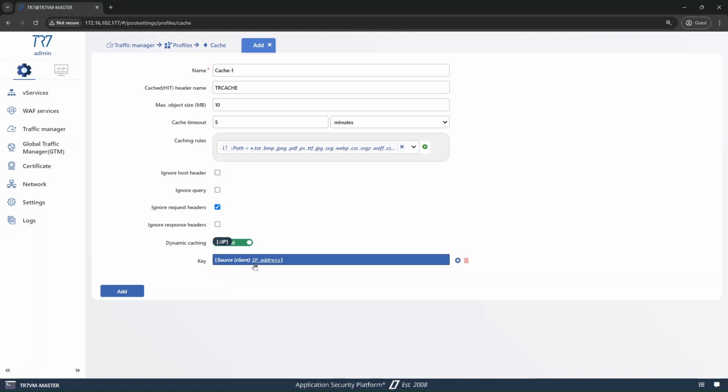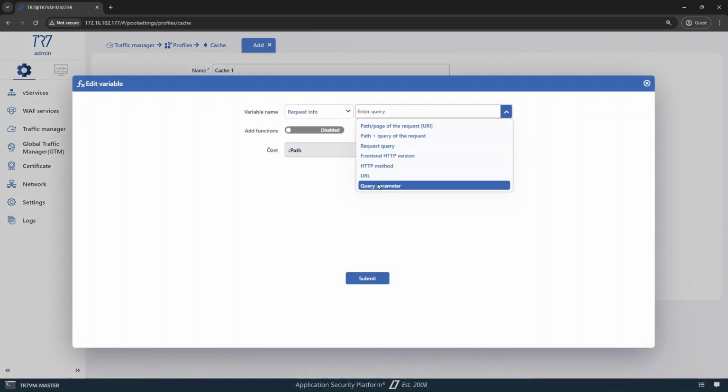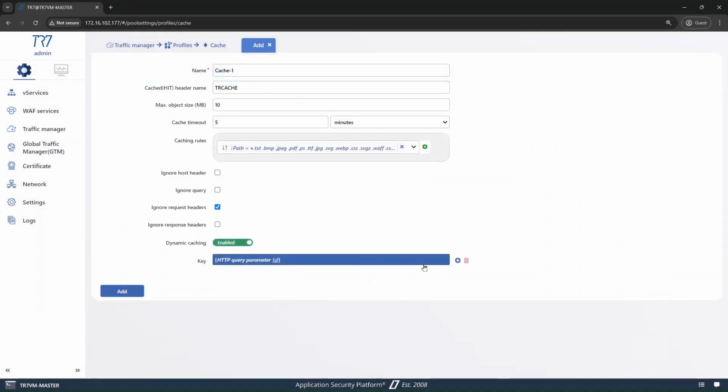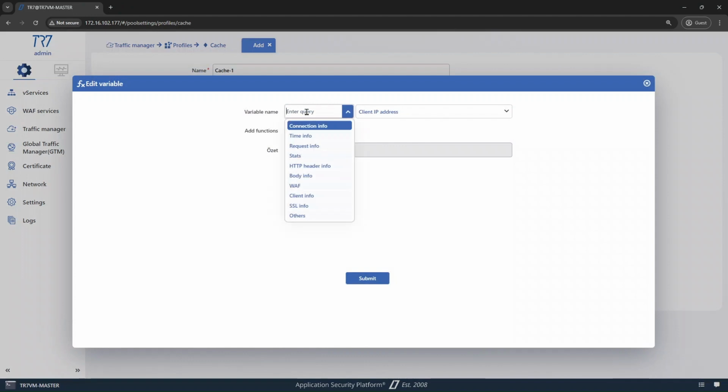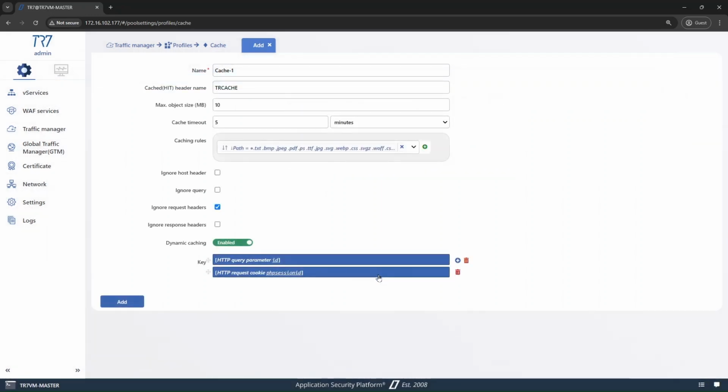To make dynamic caching for clients with the same cookie information and request parameters, enter ID as the request parameter under Key Request Info Query Parameter. Under Key HTTP Header Info, Request Cookie Content, enter PHP Session ID as the cookie name and save to create